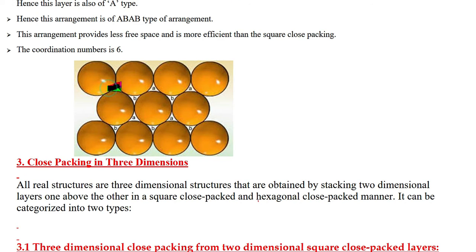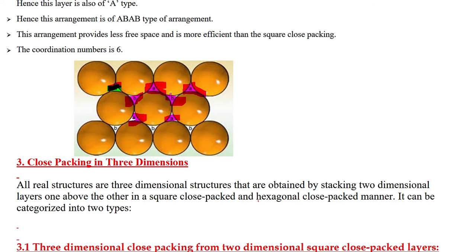If you are not able to see, I will highlight again. Here you can see these AAA are triangular voids, and BB are also triangular voids. So we are going to place the second layer over these triangular voids.